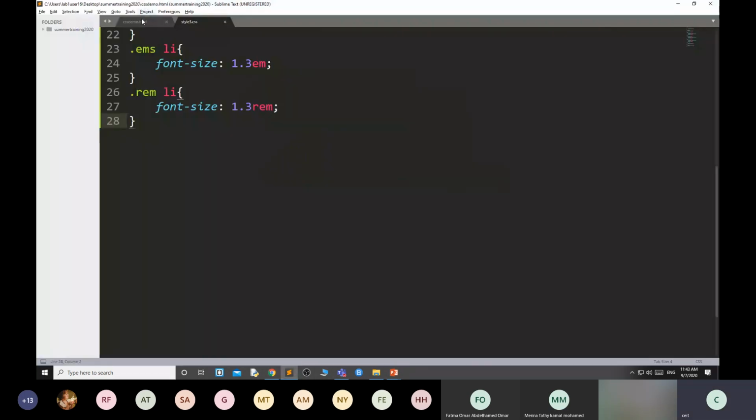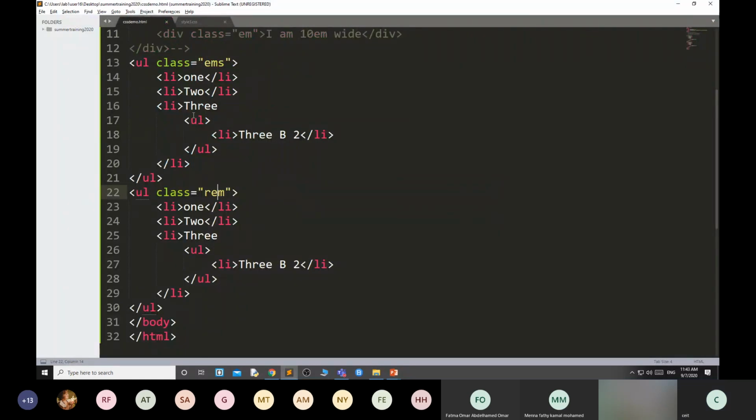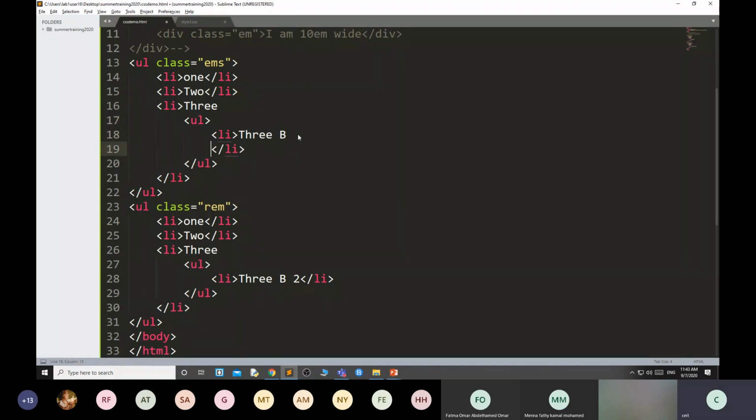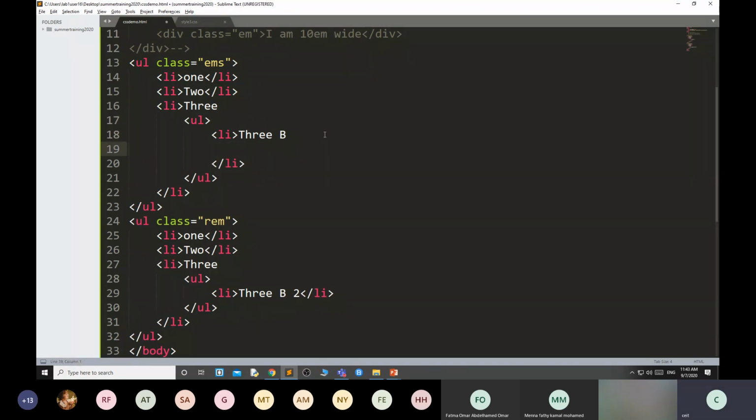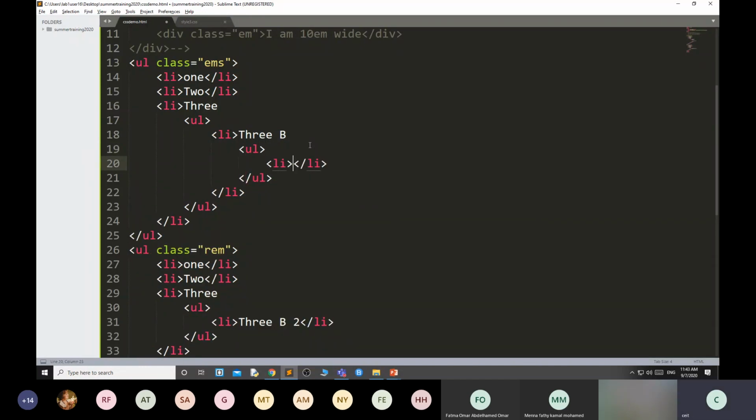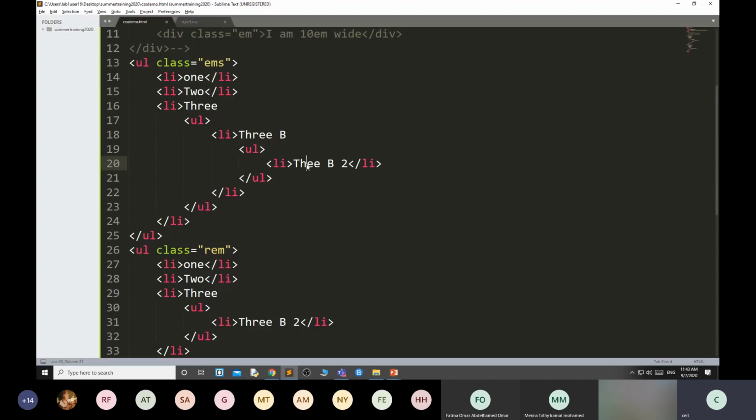Again, if you use another list here, suppose inside this list 3B, again inside this list we are using LI UL, then LI 3B2. Now you can see again it becomes bigger. This one is a little bigger compared to this 3.